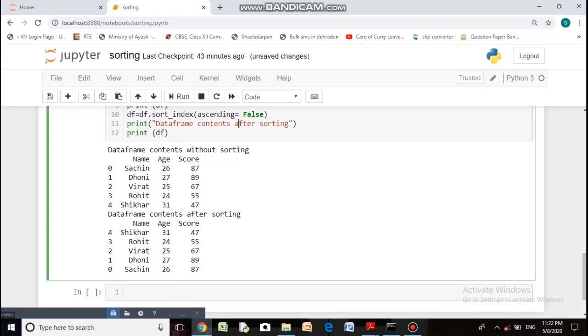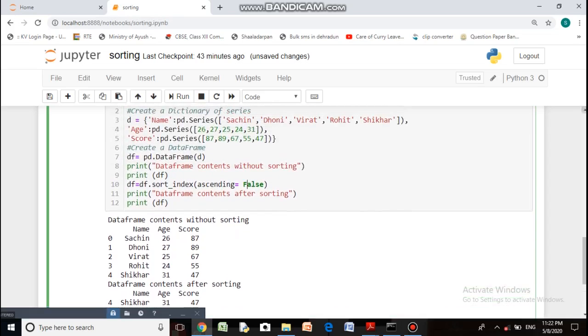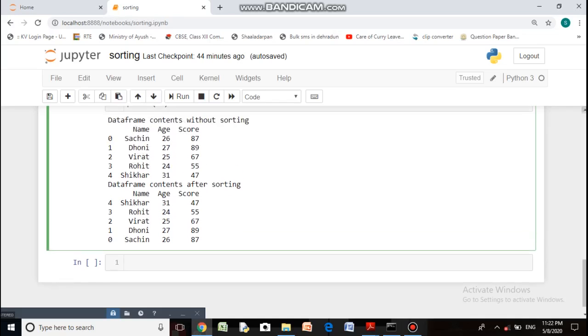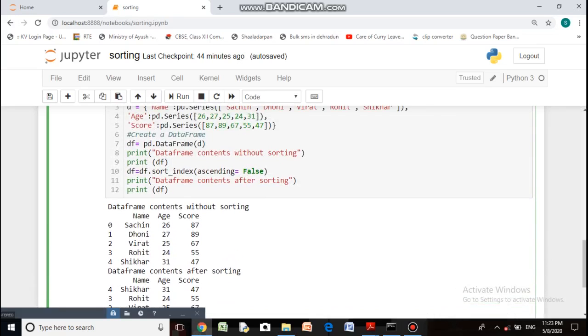All right, so by default this will be in ascending order, and if you want to sort them on index in the descending order, then you will simply write ascending equal to false, and the function is sort underscore index. So today we have learned two functions, sort underscore values and sort underscore index.